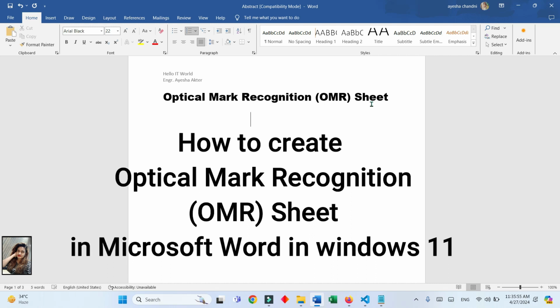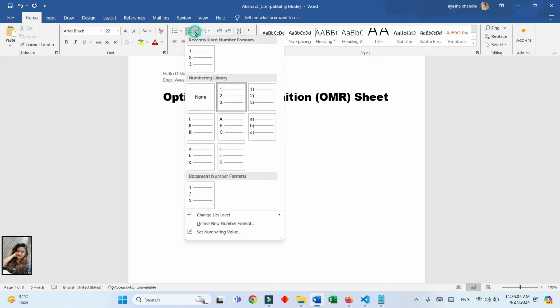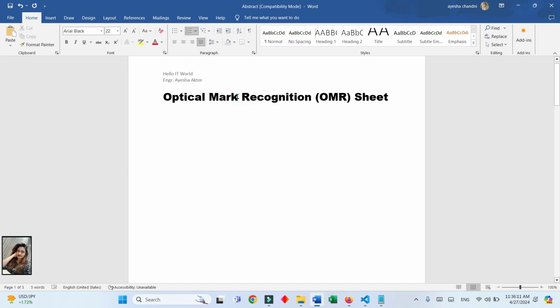For this, we have to open any kind of Microsoft Word file. So here in this file we will go to the Home tab. I have already opened it before. Then go to the Paragraph section. Here we will use the number formats. So click here. Then we have to write